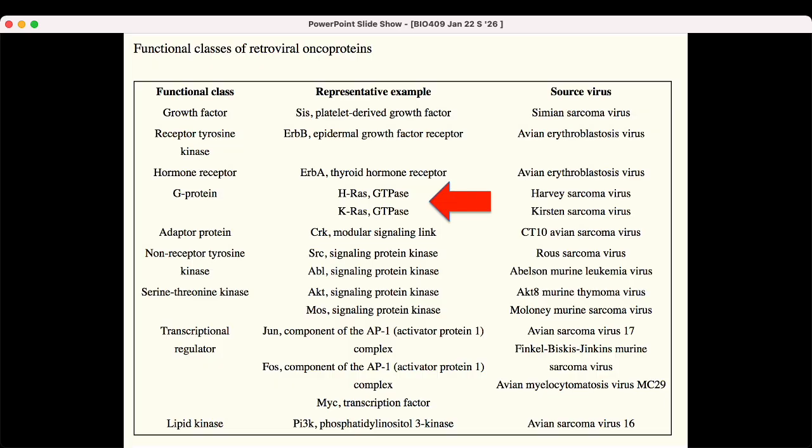Human cancers are caused by multiple mutations. People refer to cancer as a multi-step or multi-hit process. There'll be a mutation that starts causing some trouble, starts growing, and then another mutation, maybe a totally different story, but it makes the cancer stronger or healthier, grow faster. And so RAS is called an oncogene, and oncogenes have the potential to cause cancer. Onco means study of cancer, so oncology is the medicine of cancer, and an oncologist is a cancer doctor.